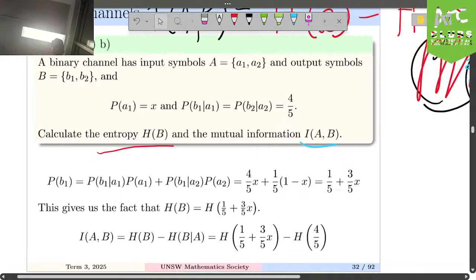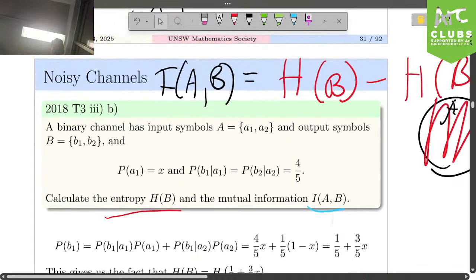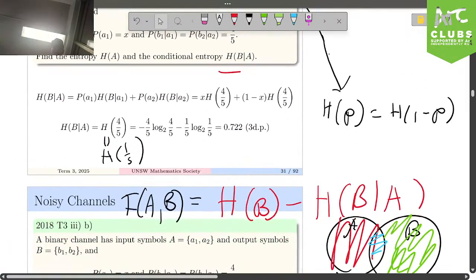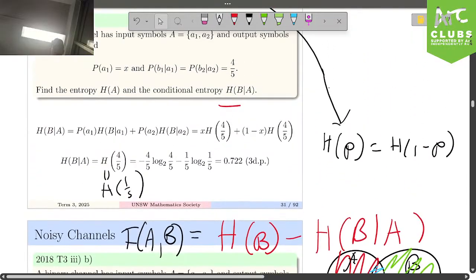Yeah, so you can expand all this. You can get 1 over 5 plus 3 over 5x. So your mutual information would be, or specifically, first of all, your entropy for B would be this expression, using that function we spoke about earlier for H. And then if you subtract off the 4 over 5 we found for the entropy of B given A before, this would be your